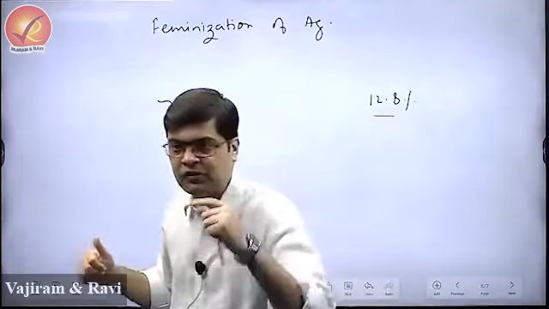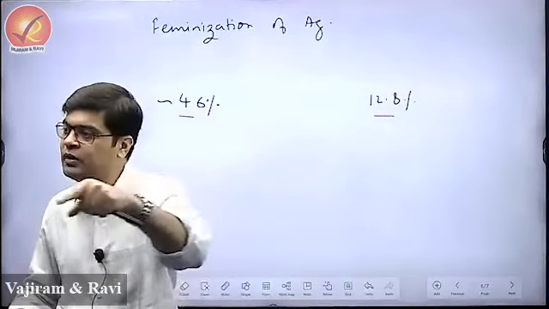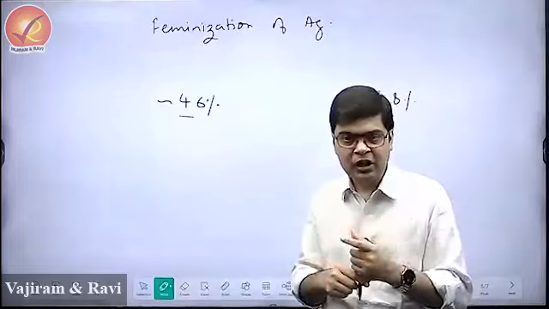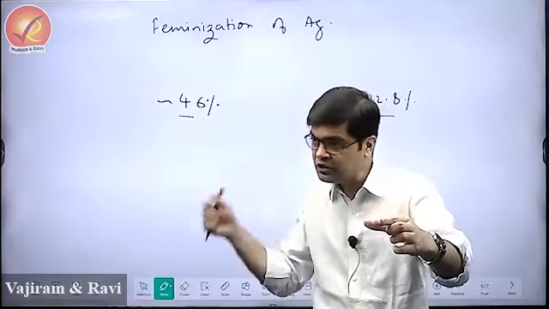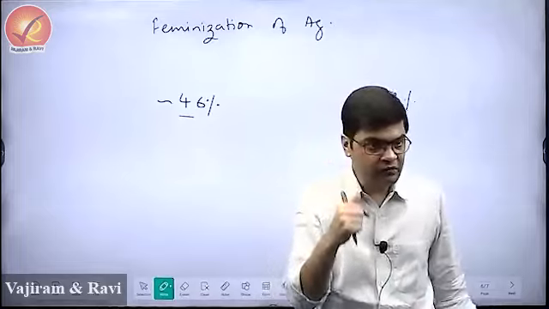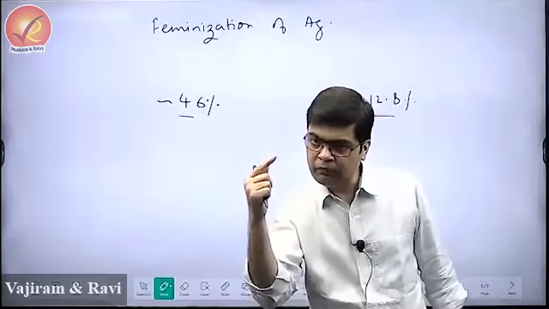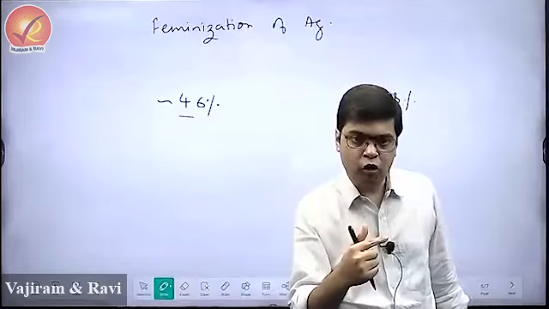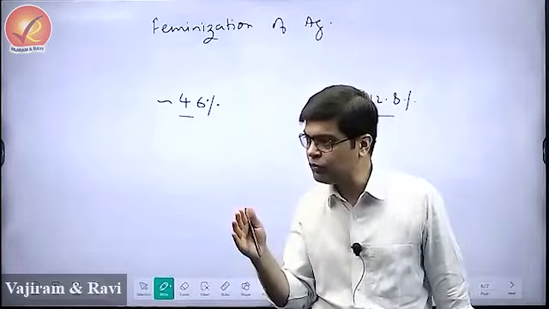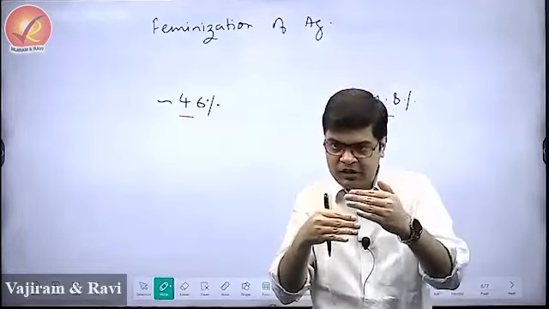Now, after 6 months of time, government announces a farm loan waiver. Government says loans of up to 1 lakh rupees will be waived off. If the loan is waived off, can I say I've already paid 50,000? Then in that case, my 50,000 is waived off. But this man who has not paid anything, his entire amount of 1 lakh has been waived off. So it is a disincentive to the person who has actually paid the loan on time. So next year, before elections, I will also take a loan of as high an amount as possible, and I will also deliberately default on my payments. I am anticipating that the government will announce a farm loan waiver, which is going to save all this amount for me.